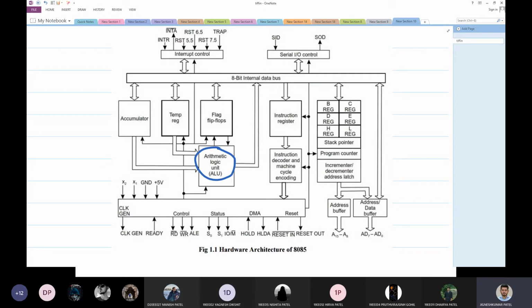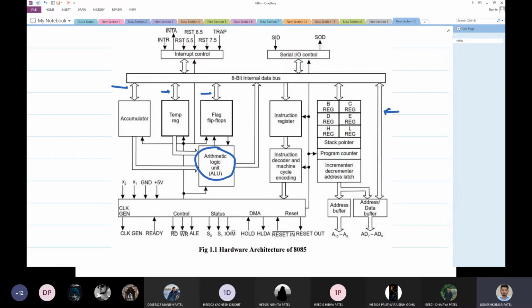Other part that I'm interested in is this 8-bit internal data bus. You can see this is given as a line, a bus, but whenever this data bus is concerned, you'll see bidirectional arrows everywhere. Whenever the data bus is connected with some devices, you'll see bidirectional arrows. See this one, or this one, or this one, or this one. That means the data bus is bidirectional and it is connected with almost all the things.